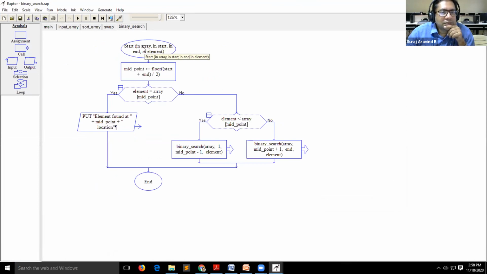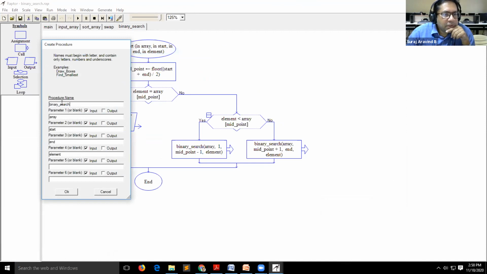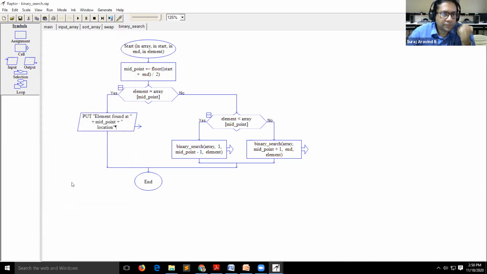I'm passing 4 arguments. The procedure name is some name I'm giving. I'm passing the entire array, the starting index, the ending index of that array, as well as the element which I want to search.